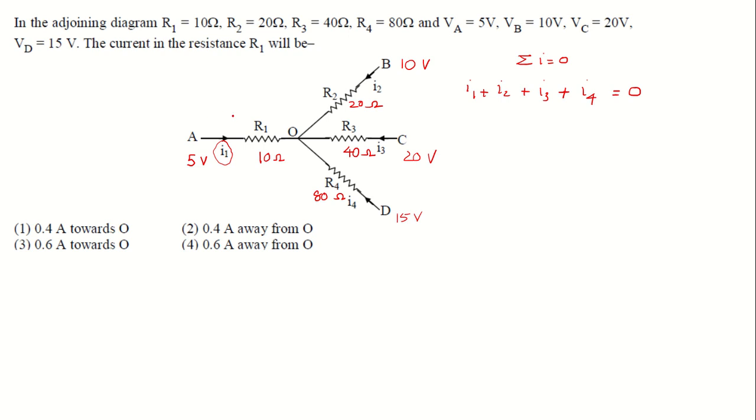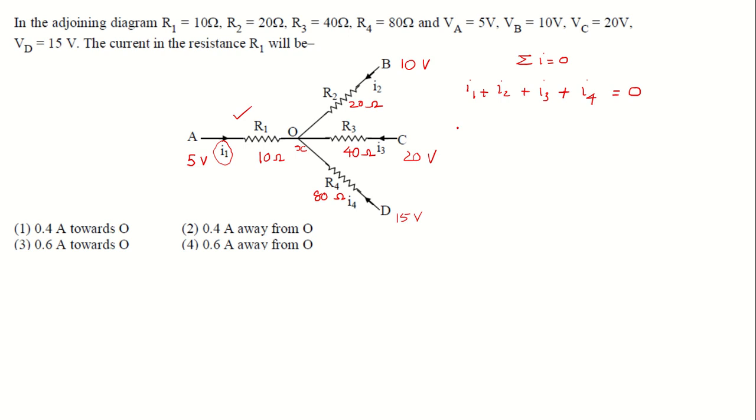The current in this arm, how can we find it? The current in that arm is nothing but the potential difference divided by resistance. So what is the potential difference? Here at the point A, we have to assume the direction of current I1 is given towards O, and hence we have to take the potential at the point A as higher compared to O. We can assume the potential at the center to be X. So the current flows from the higher potential to lower.